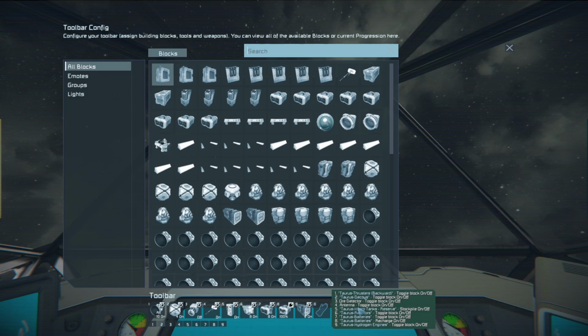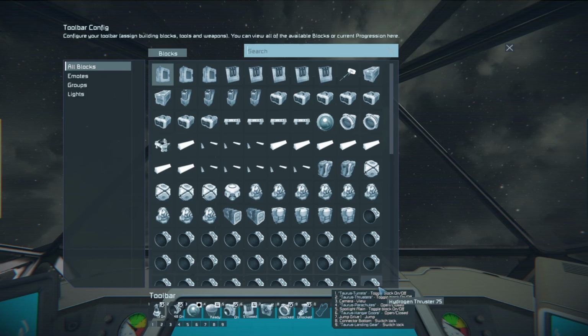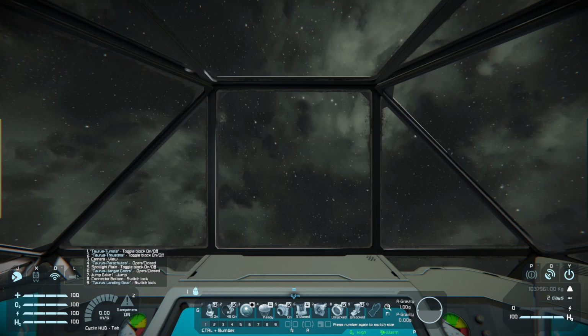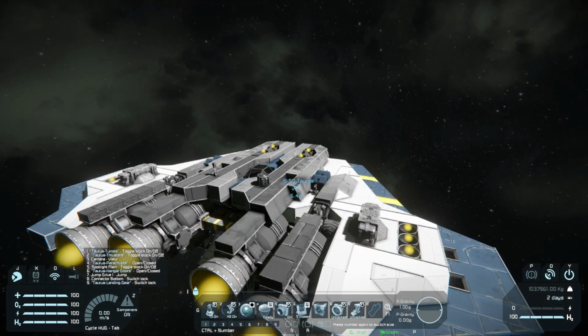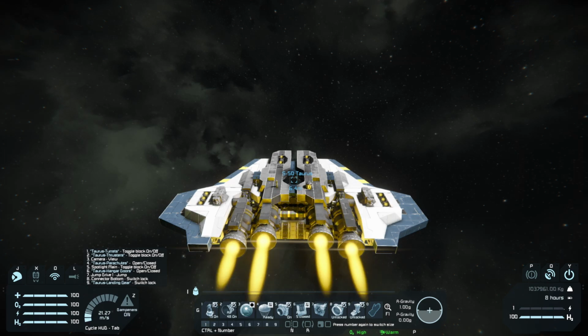So we got thrusters backward, decoys, ore detectors, antennas, hydrogen tanks, reactors, batteries, hydrogen... Okay, so nothing real important. I suppose it's also possible that the game updated and this is a new feature, but I'm more suspicious that there's a mod that got updated. Anyway, moving on. So for a flight test...